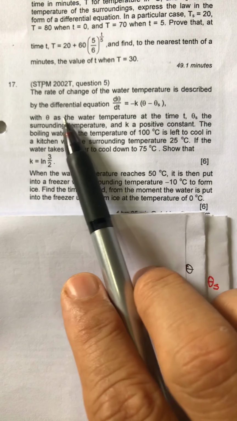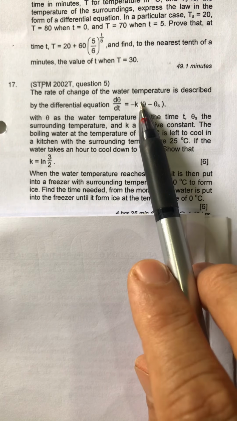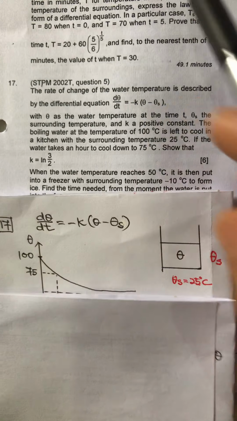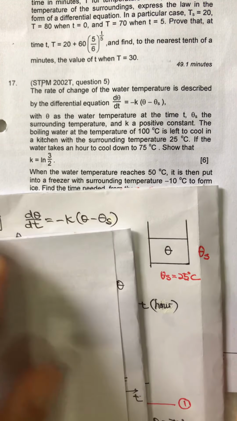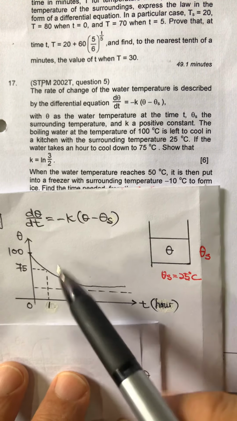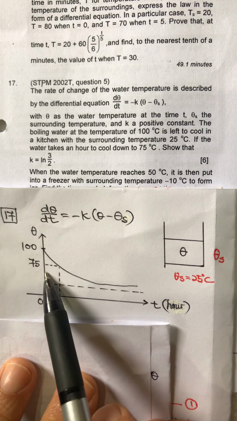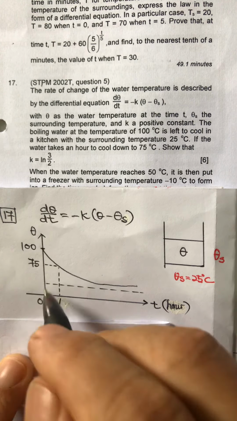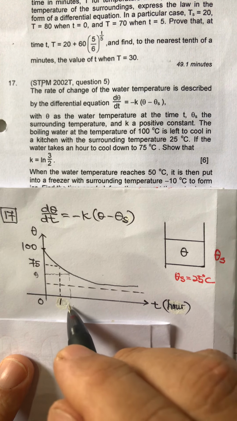Okay. Here they say theta is the water temperature at the time t. Theta is the temperature of the water. So if you look at here, theta is the temperature of water at time t, or here the graph also can. If you look at the graph, this is theta, and then this is time t. Okay, like this. Let's say theta is here, because I'm not going to draw this, too many lines are